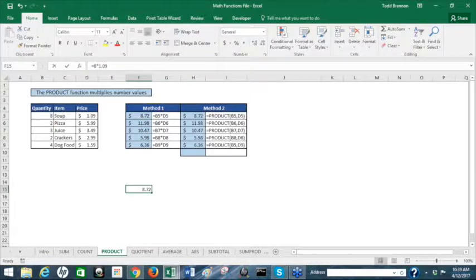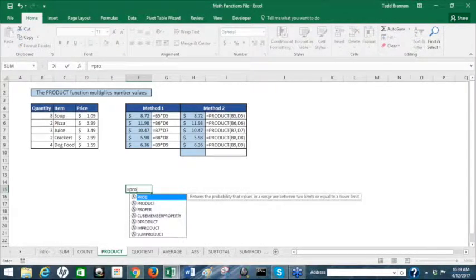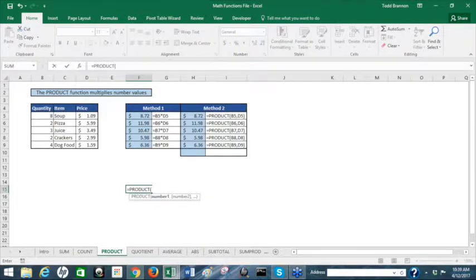But with the product method, you can start typing PRO, and then it's the second one down here. We'll hit tab, and then notice the syntax is very similar to sum in that you select the numbers, however many you want to multiply by each other. And so here it's as simple as, again, I'll use the literal value for the soup line, and that's going to be a quantity of 8 times the price of 109, and then we've got our